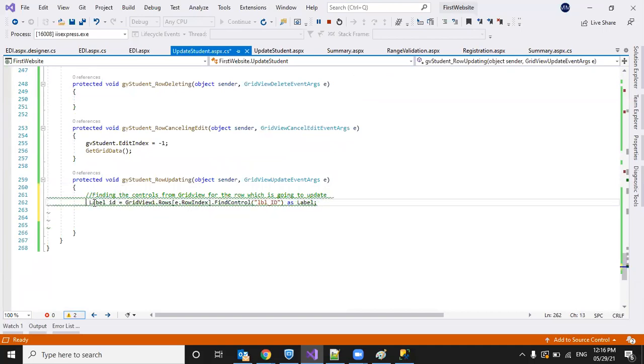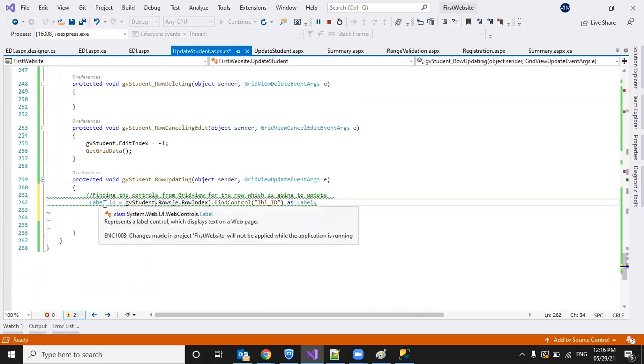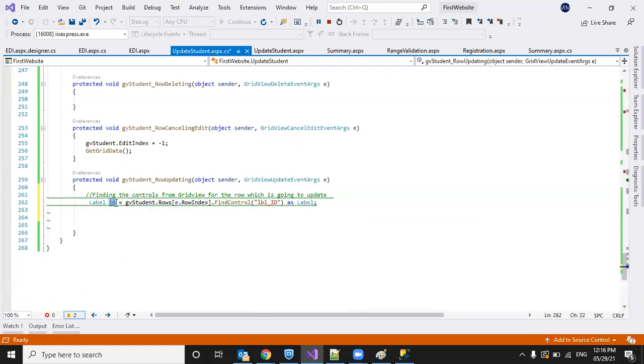First, to get the data, we will display ID in the form of a label.